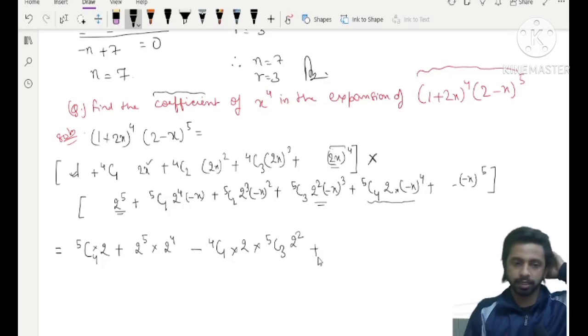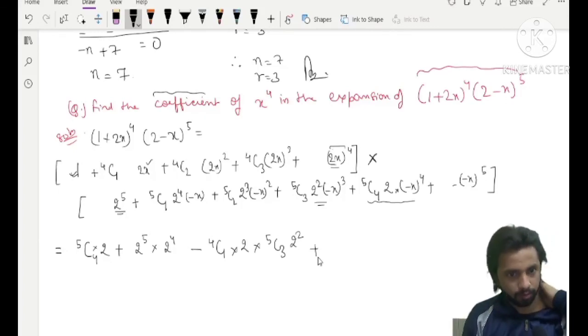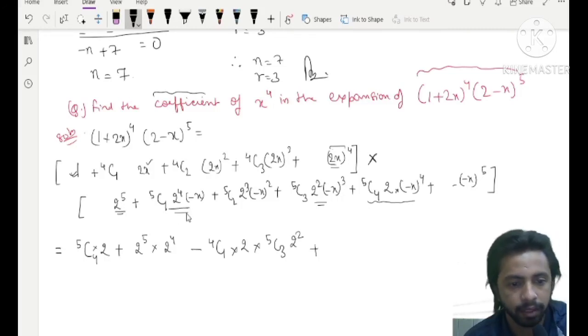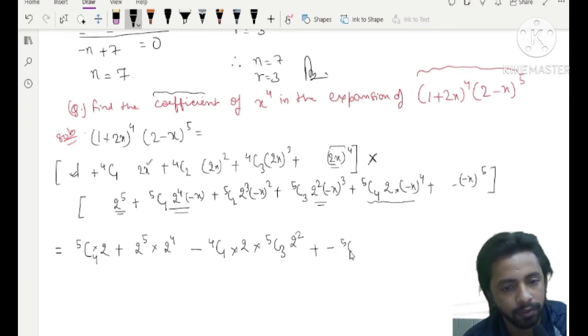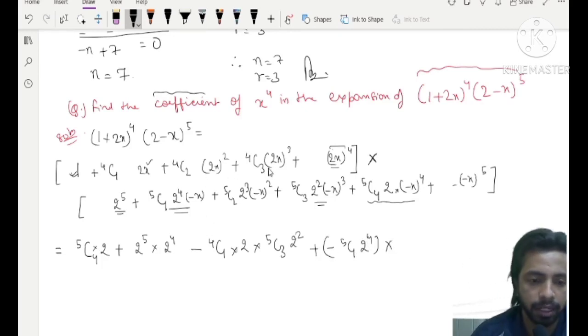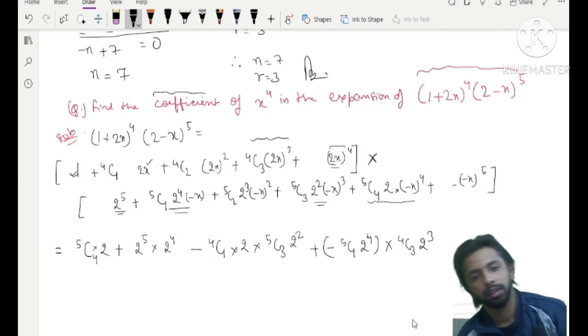Next, we have x here. This is also a negative number, minus of 5c1 2 to the power 4. If this gets multiplied with the term containing x cube, that is 4c3 into 2 to the power 3, here you will obtain x to the power 4,